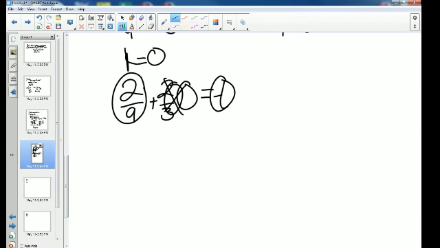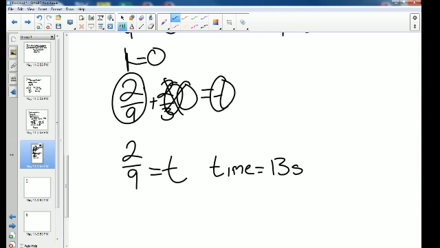So t, or time, will equal about 13 seconds. And that is how you solve